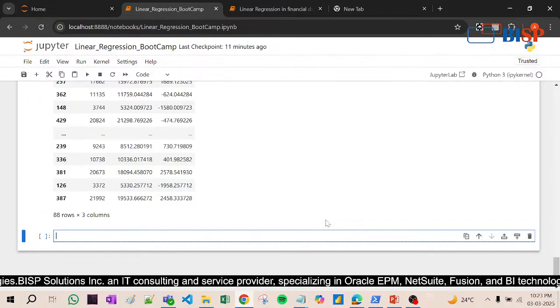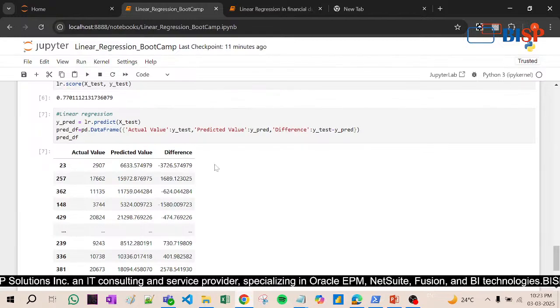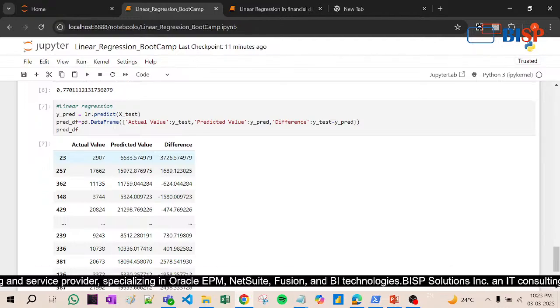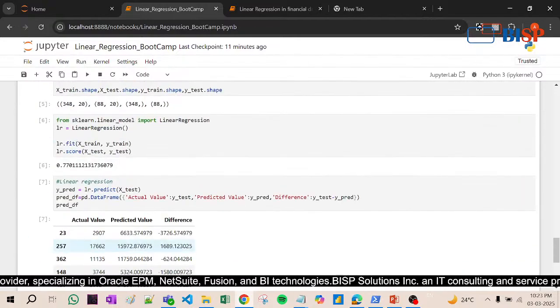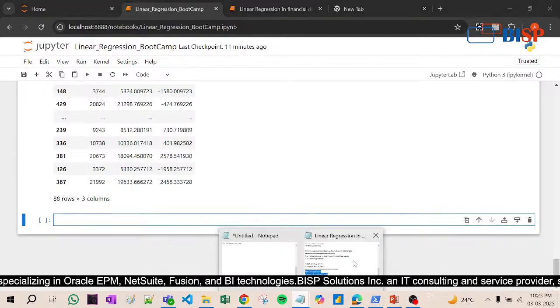So let's enter this. Now look at this, actual value is this, predicted value is this, and the difference is this. There is lots of difference, right, in the difference part? That is why it has shown here the 77% accuracy, right? After that,